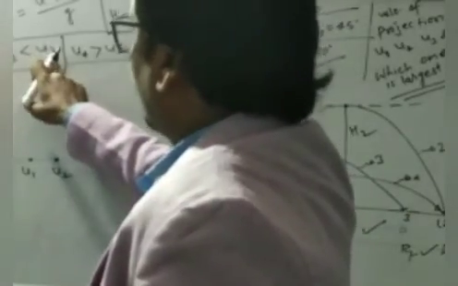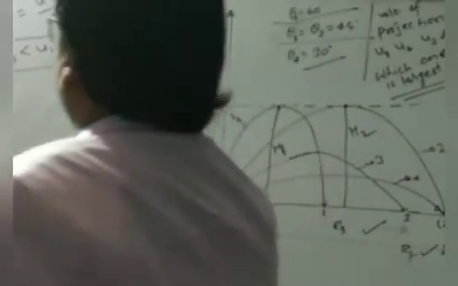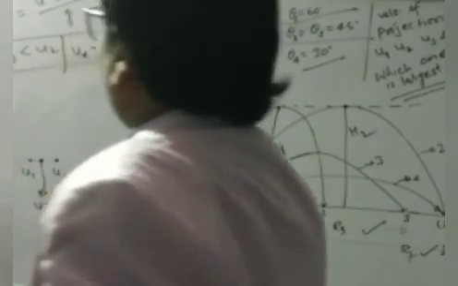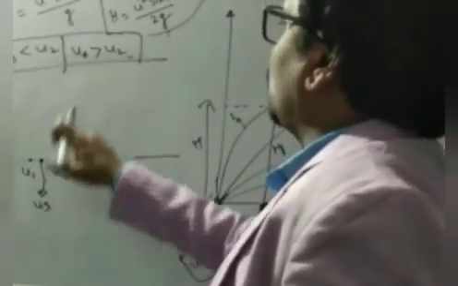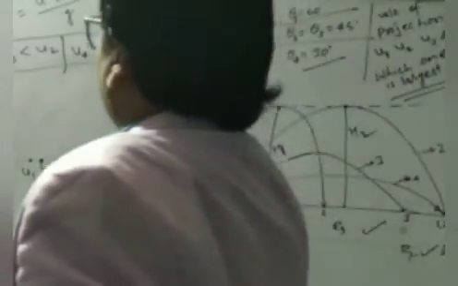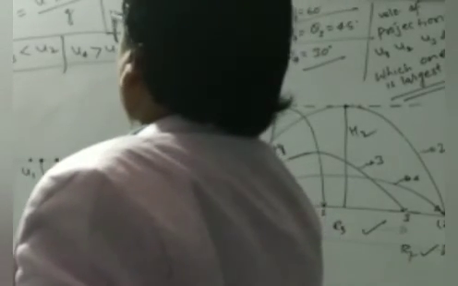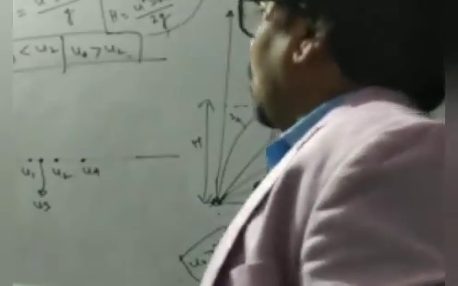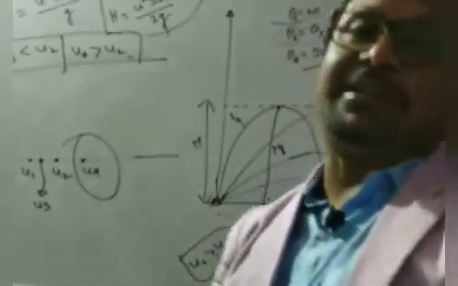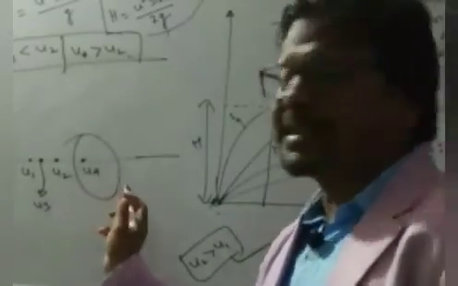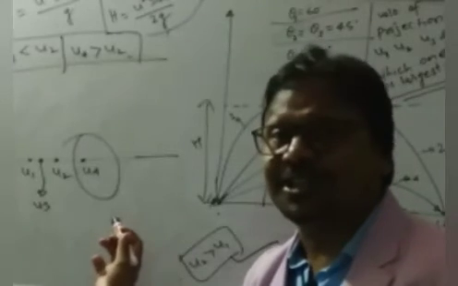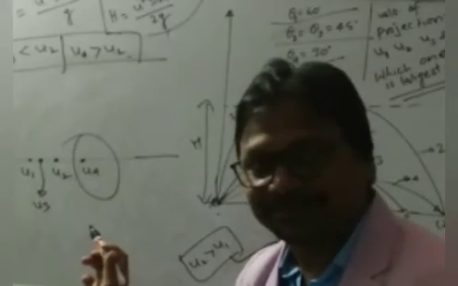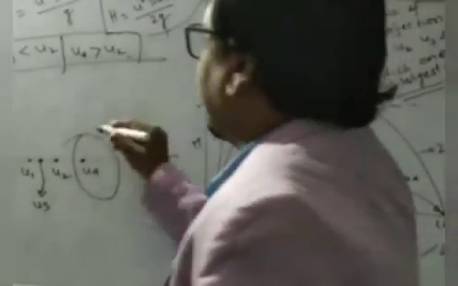u2 is greater than u3. That means u3 is maybe somewhere here, so that u2 will be greater than u3. And u4 is greater than u2. That means if u2 exists here, then u4 will definitely exist here. So which one is largest? Definitely u4. Okay dear, so u4 is the largest result among u1, u2, u3 and u4. Clear? So this will be your final answer.